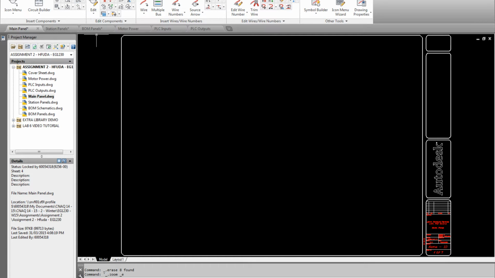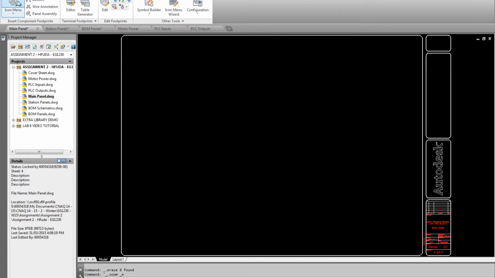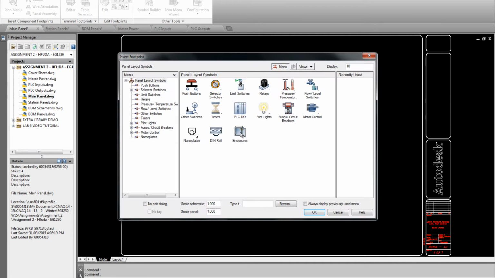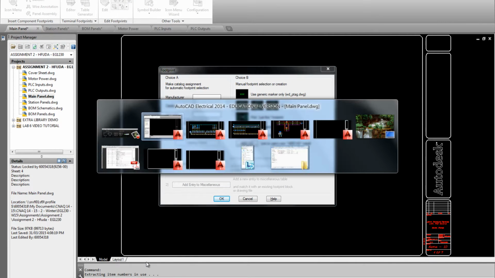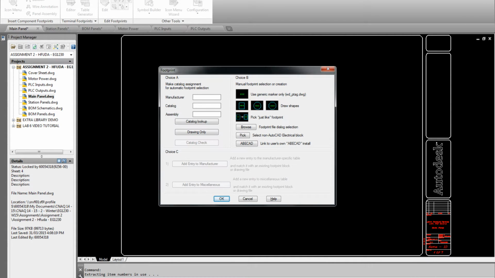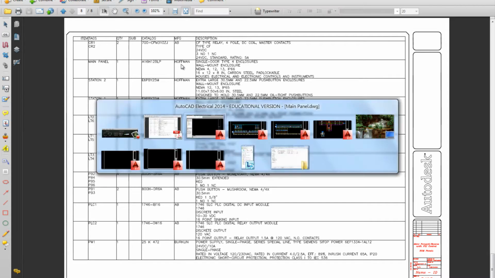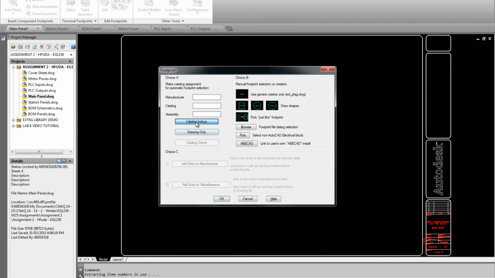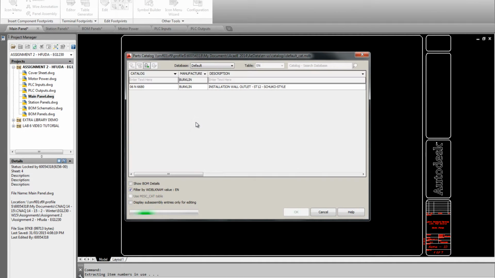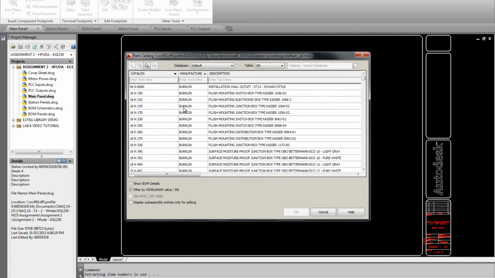We need to start with the panel tab, and then go icon menus, enclosures, and if you go to the bill of materials on the assignment, you will find that the main panel has a catalog number A16H12BLP made by Hoffman. So we go catalog lookup, and clear the filter, and then we'll go